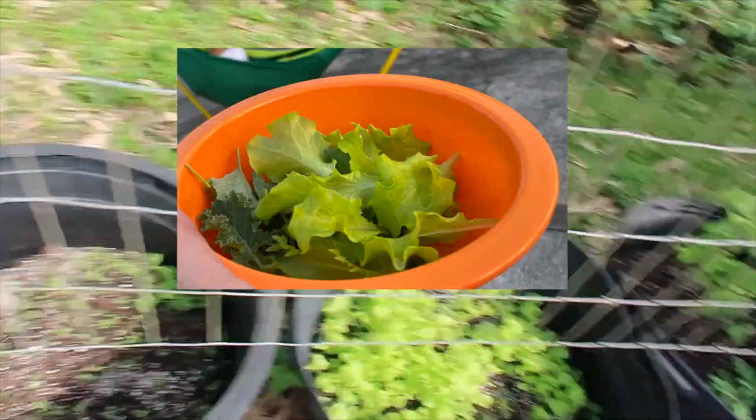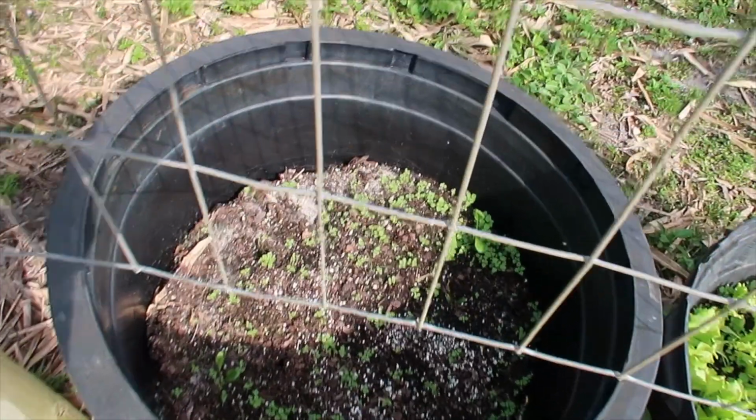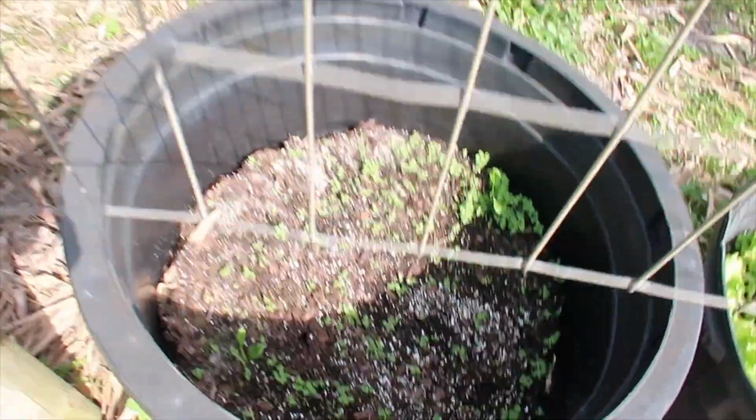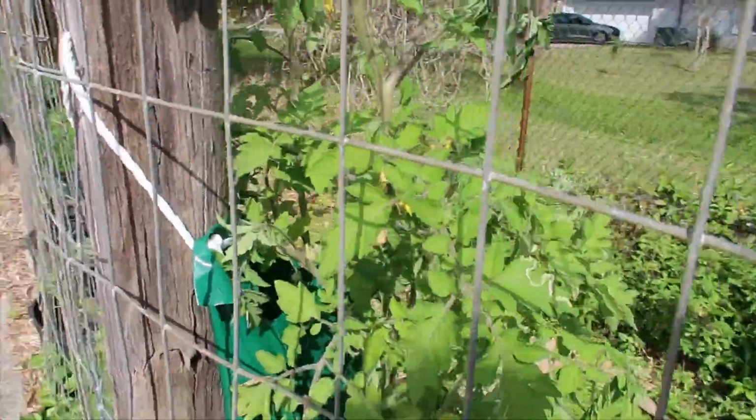I have not bought lettuce in 2 weeks. Oh, look at the lizard. Makes me very, very happy. I'm still looking at 3 spinach plants. All right, so let's talk about the